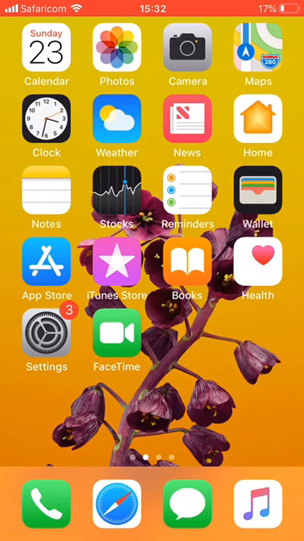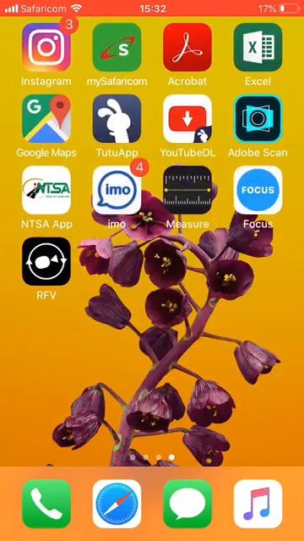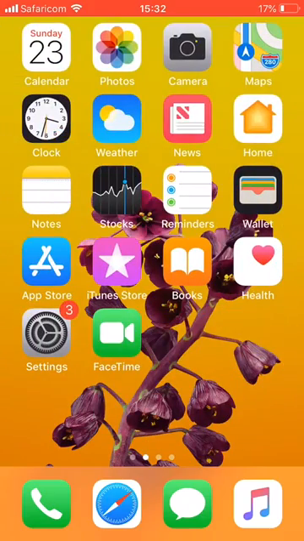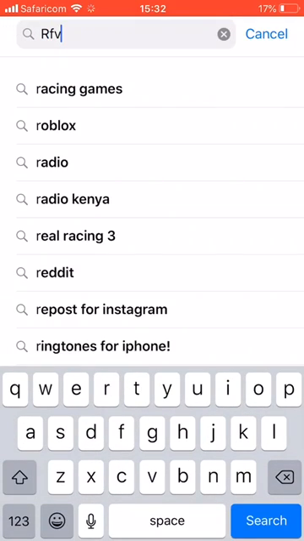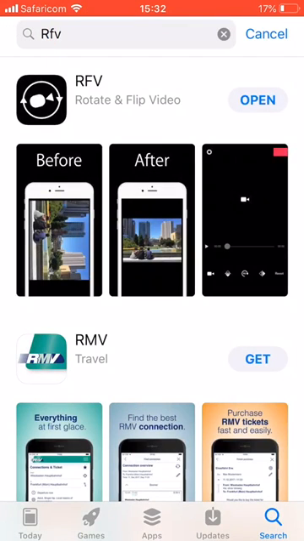So I want to show you how you can easily solve that problem. You just need to download a simple application which is known as RFV. This application is available in App Store. You go and download the application, and once you download it, you can easily